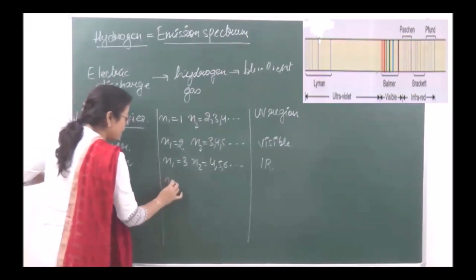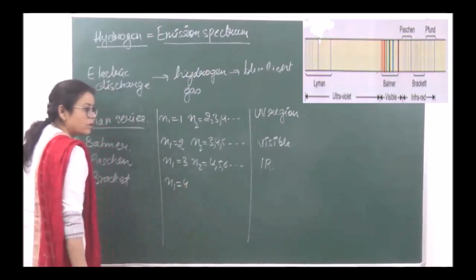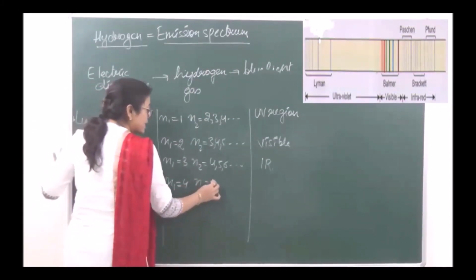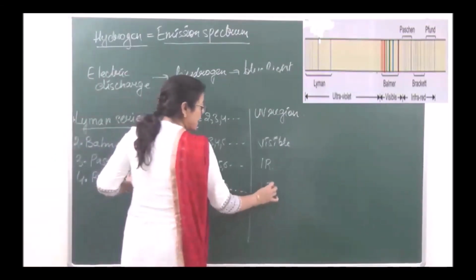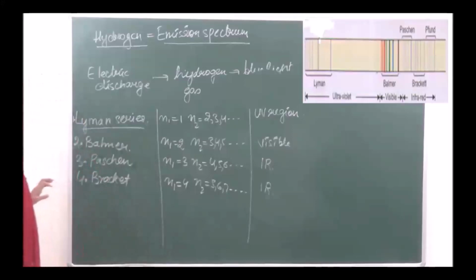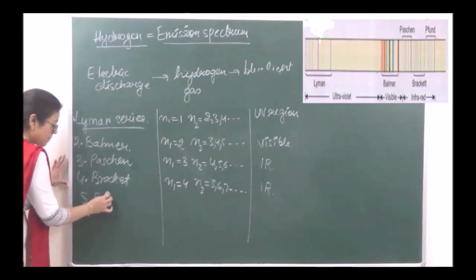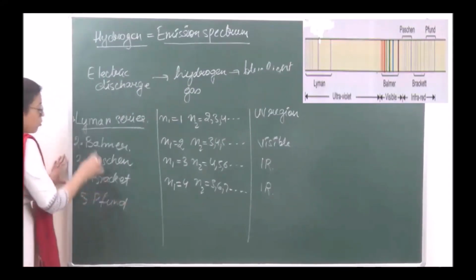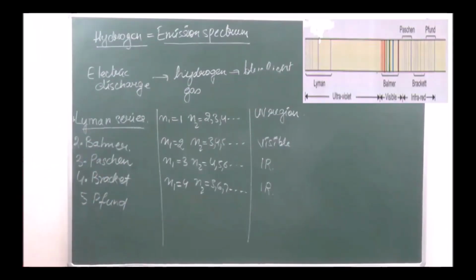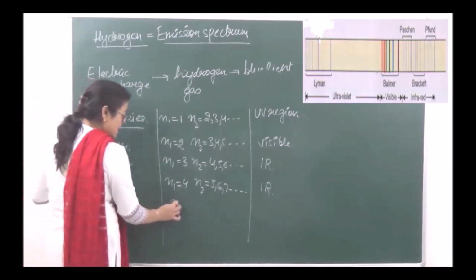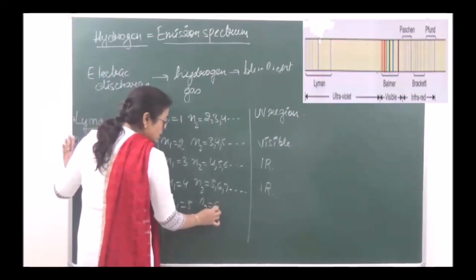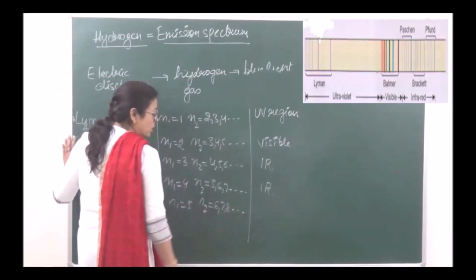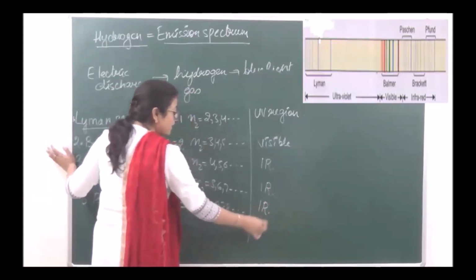For Brackett, N1 is equal to 4 and N2 is anything greater than 4: 5, 6, 7 and so on. This also falls in the infrared region of the electromagnetic spectrum, right? And then we have Pfund. They all are named after scientists, okay? For this, N1 is equal to 5 and N2 is equal to 6, 7, 8 and so on. This also falls in the infrared region,